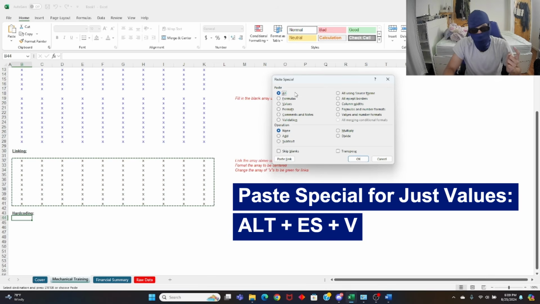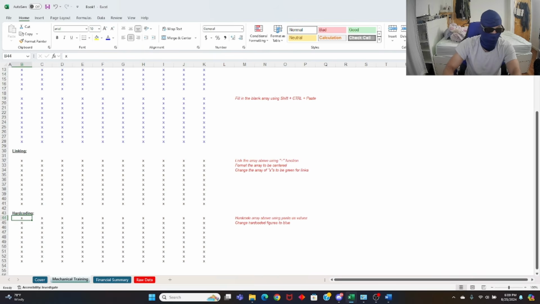Now once you hop into your paste special tab, you're going to see, what do you want to paste? You can paste everything, which is basically what we had before: your formula, the color of the cell, the format. Or you could just paste your format. Or you could just paste the values, which rips away the formula and gives you hard-coded values. And that's what we're looking for. But instead of clicking on values, we're going to click V, because it's underlined. That's how you access it. So V, enter. And now you see up here, it's not a formula like this.